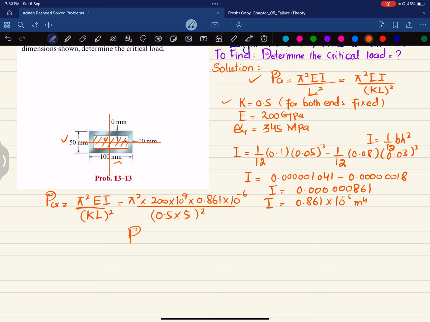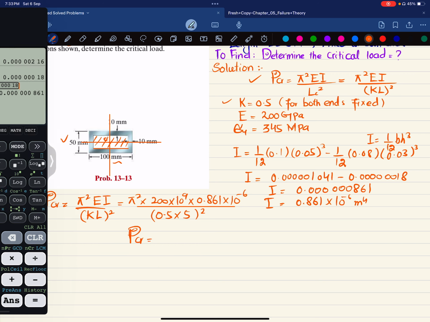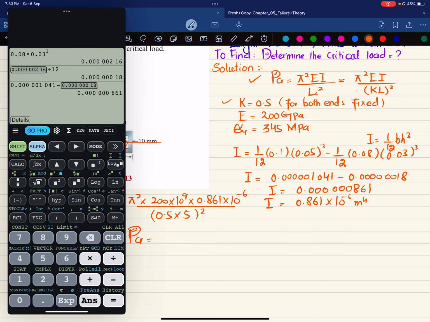Now what we will do is calculate this critical load using a calculator, and now we'll put in the values: 3.1417 square multiplied by 200 multiplied by 10 power 9, multiplied by 0.861 into 10 power minus 6, that is equal to